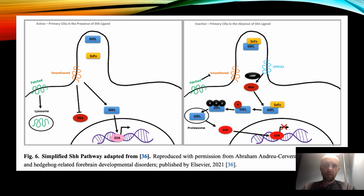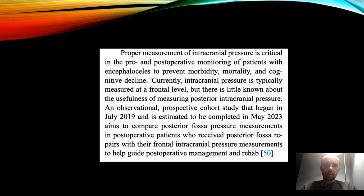It's really important to have proper measurement of intracranial pressure, both in the pre- and post-operative space. This can really determine the need for further interventions. One of the primary limitations with this type of surgery is continuous CSF leak. So you need focused monitoring both in the post-operative period as well as when the patient is at rehab. But with successful surgery, these patients typically do